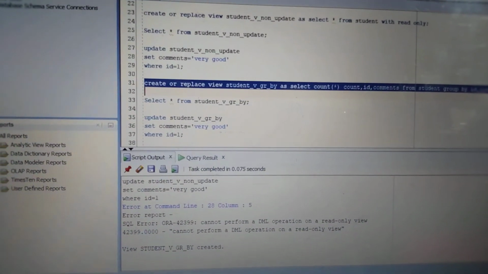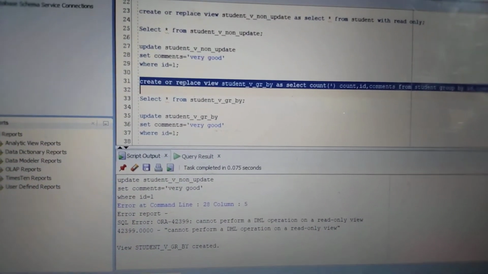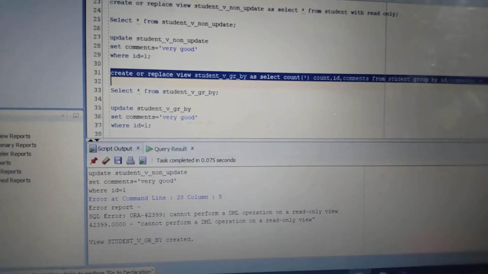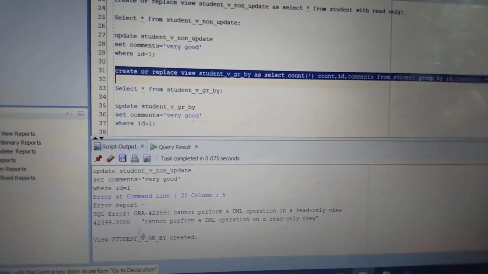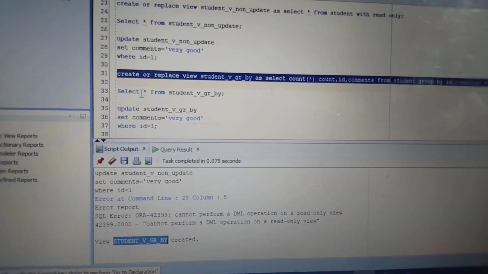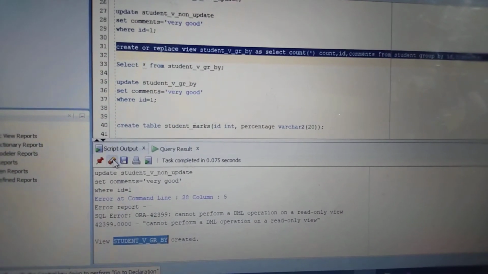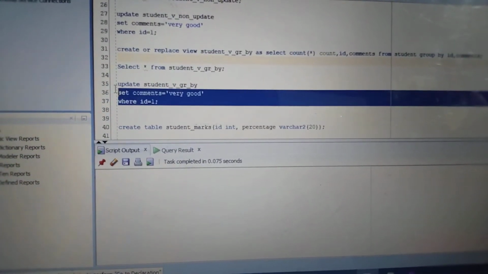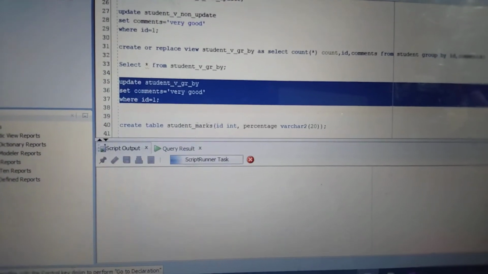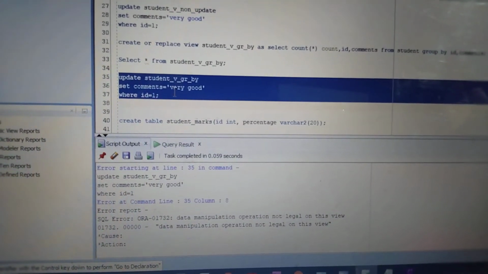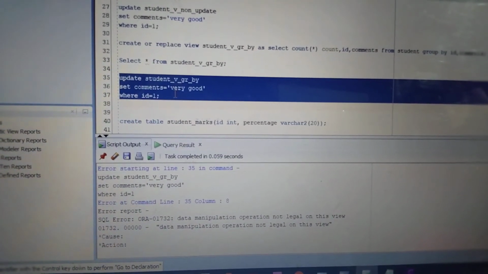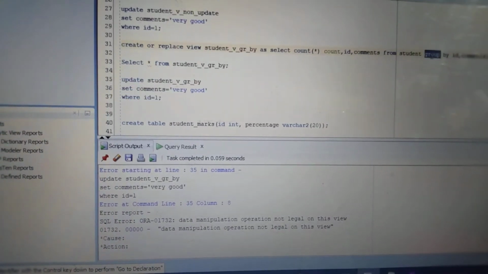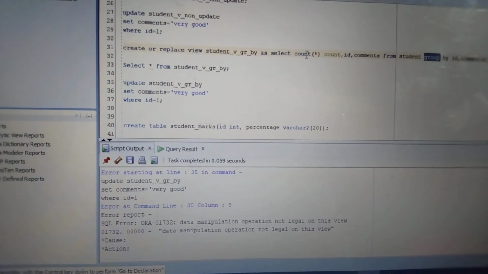So we are creating a view with aggregate functions and group by. The view student group by is created. Now when we try to update the records, it will throw an error message: data manipulation operation not legal on this view, because it contains group by and count operation.